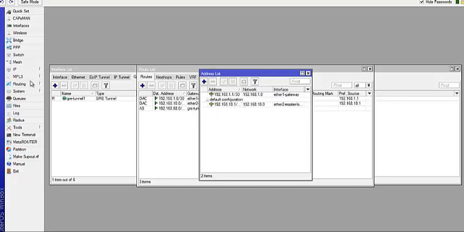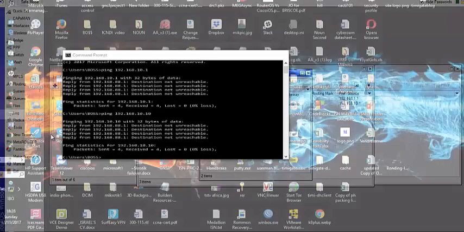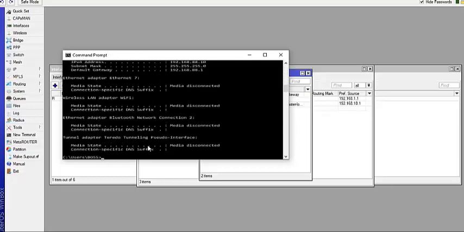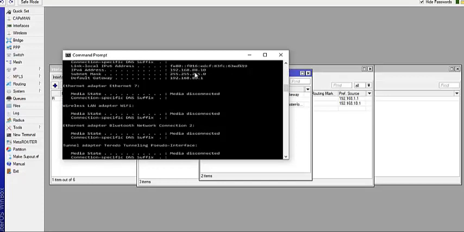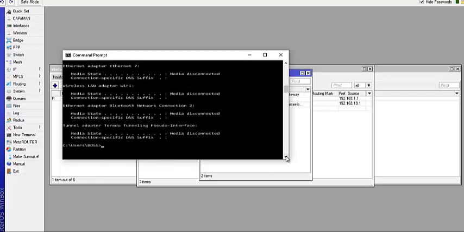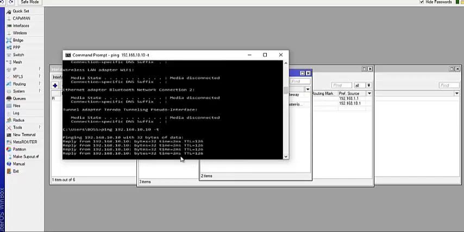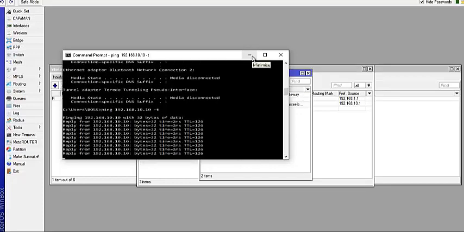Knowing very well that our local area network here is 10.0, I'm just going to go to my computer, my command prompt, and try to ping across to the other network. So here, first of all, let me run ipconfig, so we know the IP that I have here. As you can see, my IP address is 88.10. So I'm going to try to ping across to the other network. Let's see. 10.10. That's the IP address of the laptop at the other side. As you can see, we are up, and the IPsec tunnel is up. The GRE tunnel using IPsec is up.